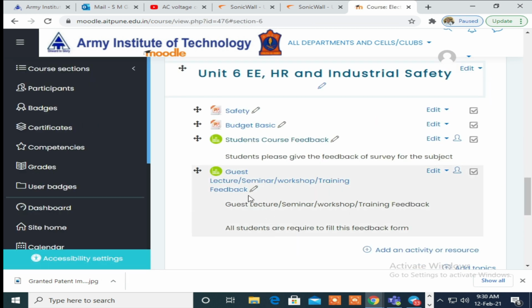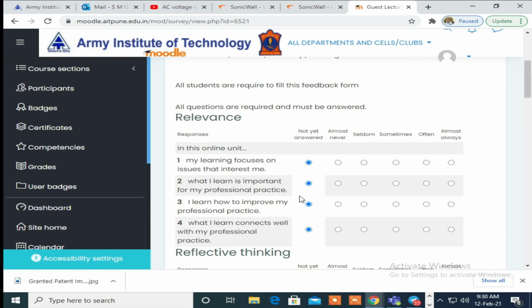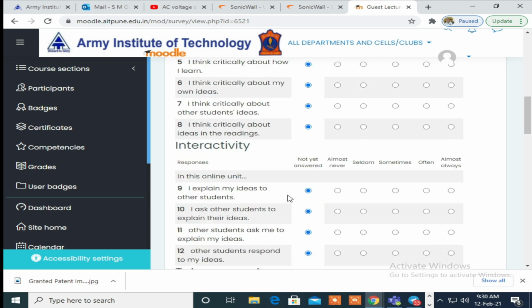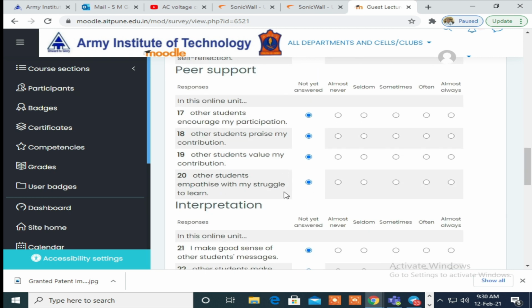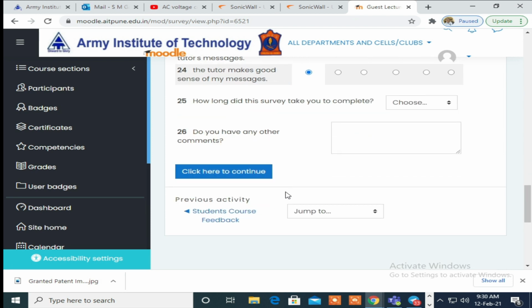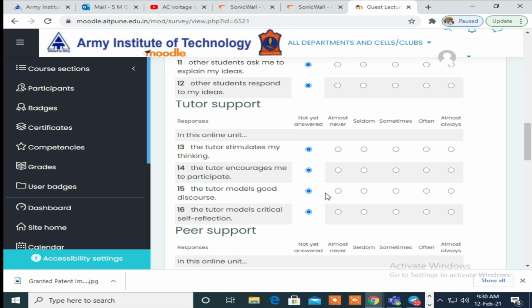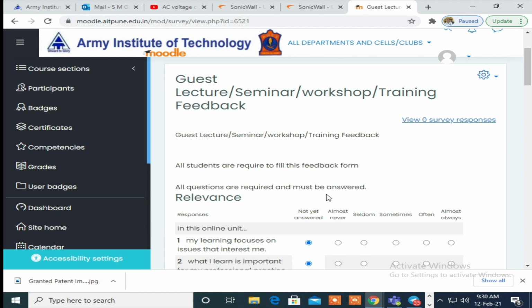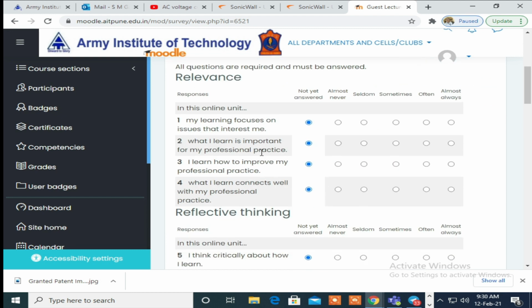And once you click this, you can see what type of questions are inside the survey. So when there is a guest lecture, there is reflective thinking, interaction, peer support. So there are a number of parameters on which this survey report depends.